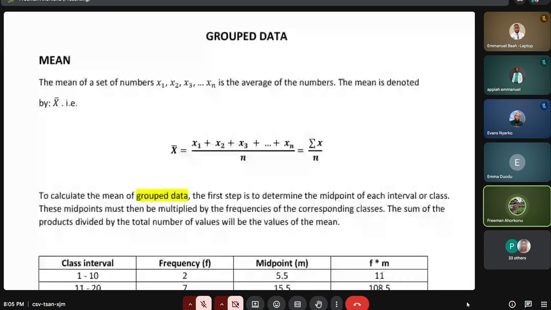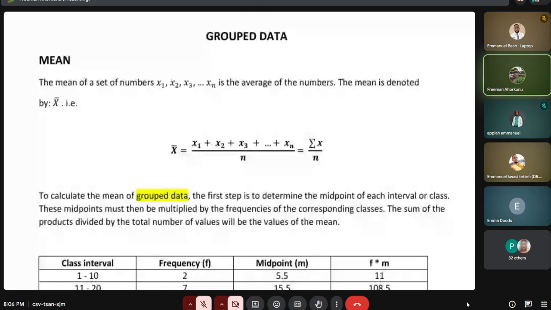Okay, so we are talking about grouped data. Sometimes the data elements will be so many that you cannot deal with them individually. There will be the need for you to put them into groups. And we already discussed how to form your groups, how to estimate the total number of groups, how to find the class size or the size of each group. So now,